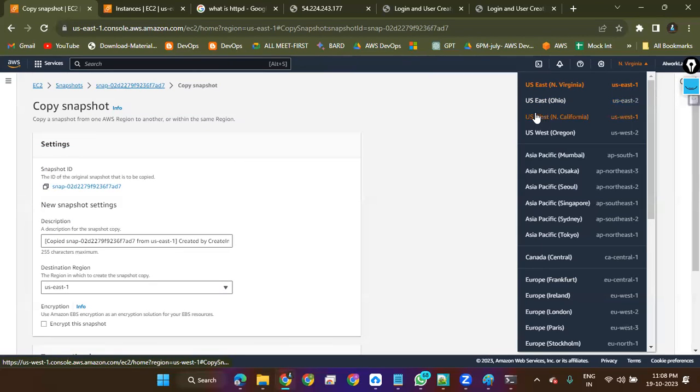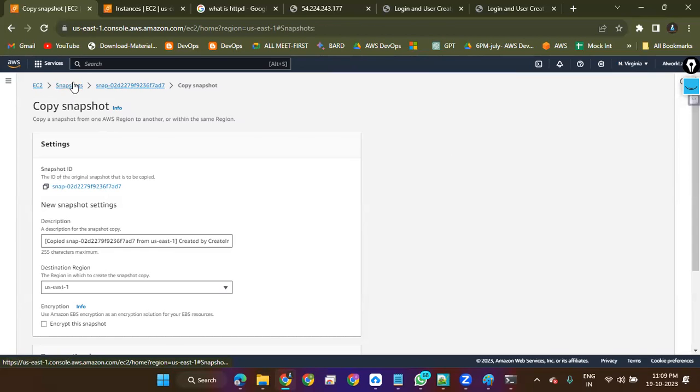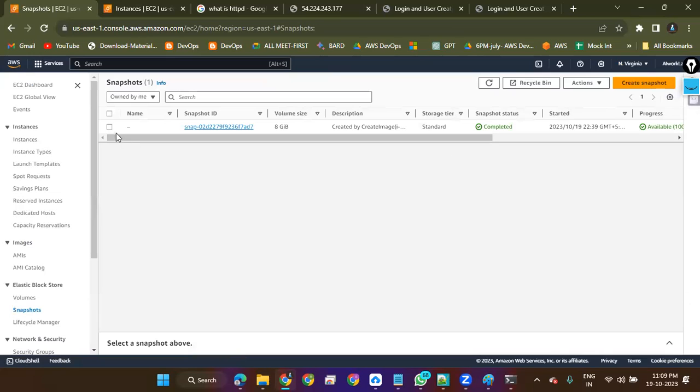US East 1, US East 2, like this. This is the code. And if you see the URL also, it gives the code. It's clear. Any doubts? Yes, it is clear. I can delete these things, right? Yes.